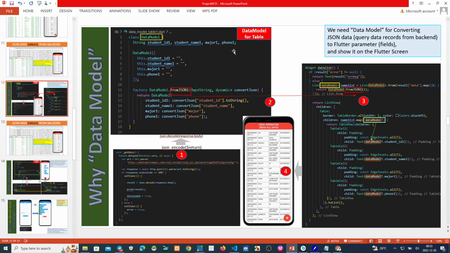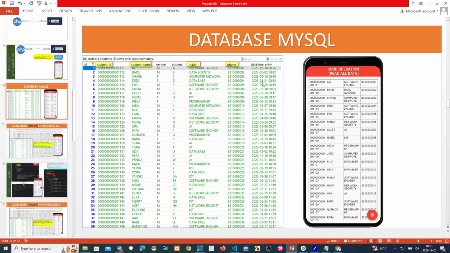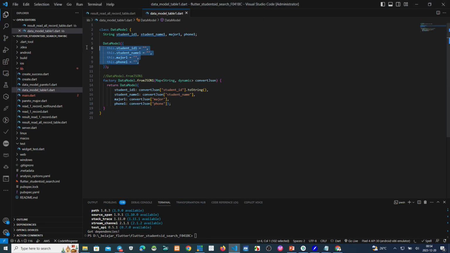This is the data model for table, because we want to use just four fields. These are the field names: student ID, student name, major, and phone. We have 4 fields because we want to use 4 fields, so in the data model we must use 4 fields too.